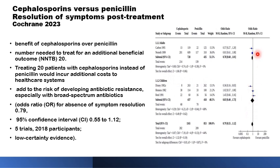There was a slight but insignificant difference with the adults, and the final results also showed a slight and insignificant result in favor of cephalosporin over penicillin. The results are insignificant as the confidence intervals of the odds ratio span both sides of the 1. The number needed to treat for an additional benefit in the cephalosporin group over the penicillin group would be 20